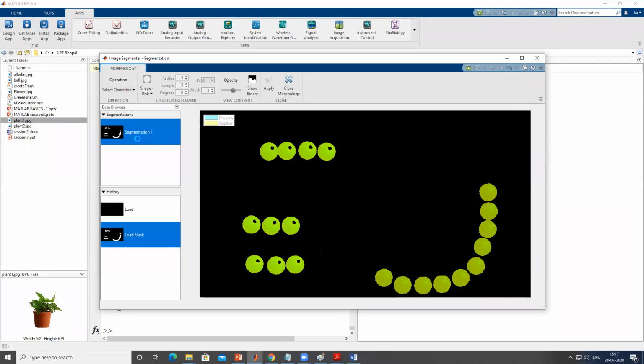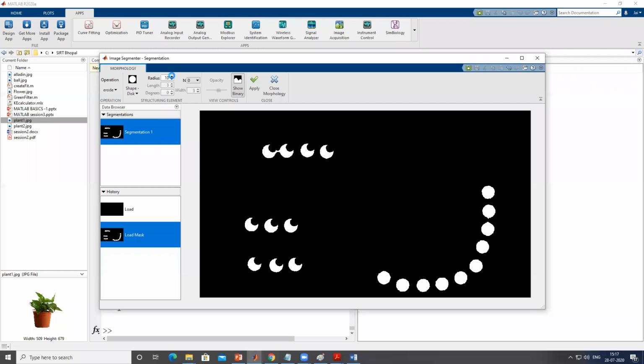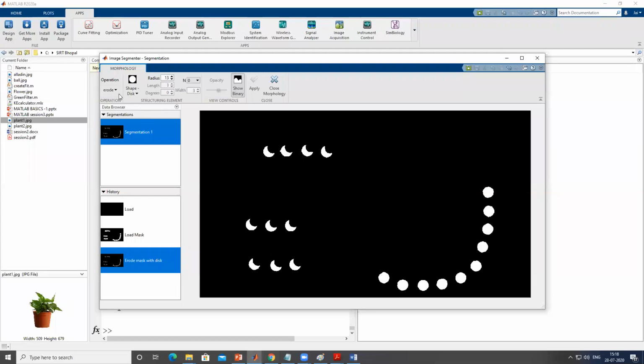So here I'll take the erode mask because I have to, and I'll click on show boundary so that I can see the result also. So I'll keep on increasing the radius of erosion until all the images become distinct. Okay, so I'll increase the radius, say 3, 4, 5, this one, furthermore. Yeah, so now I can easily see all the images are distinct. There is no point of contact, right? So once I have done this, I'll click apply. So the erosion is applied.